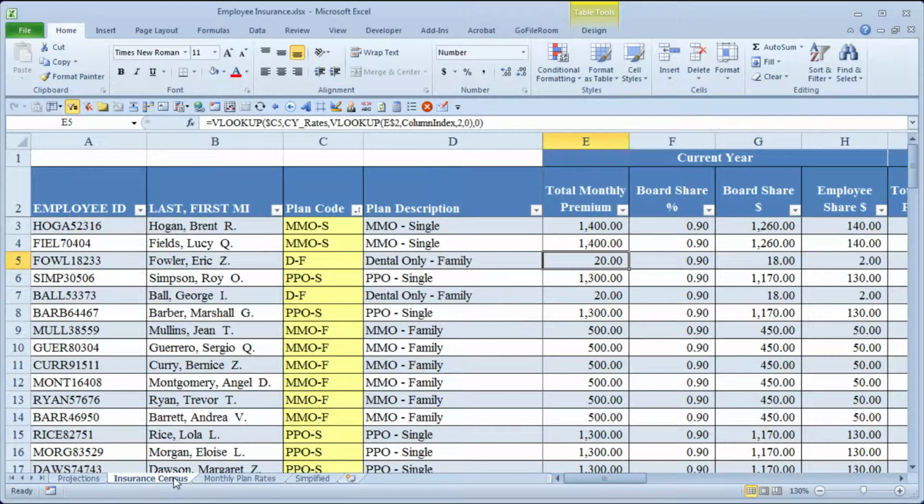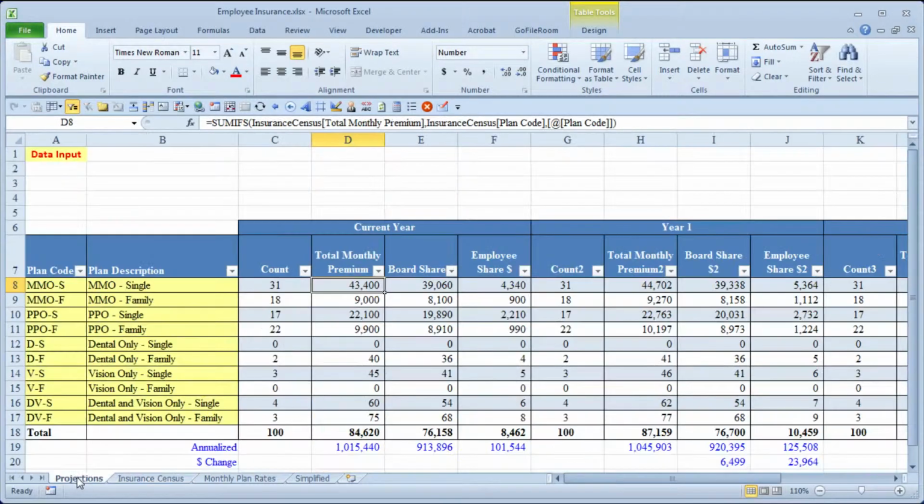The VLOOKUP functions were addressed in my first series of tutorials where I went over salary projections, and those same techniques were used to build this model. So for the sake of not repeating that information in these tutorials, I recommend you watch those videos first on the salary projections. In the next video we'll go over how we use the COUNTIFS and SUMIFS functions